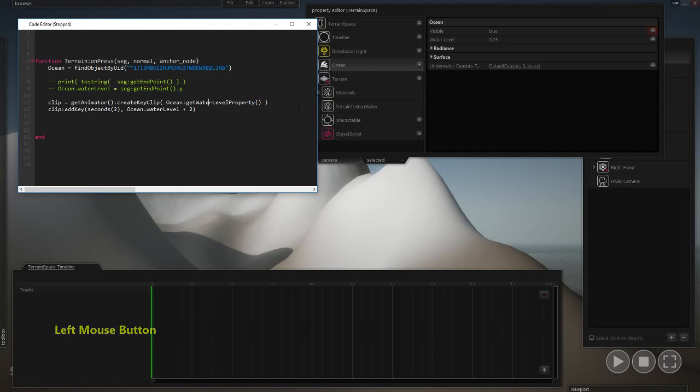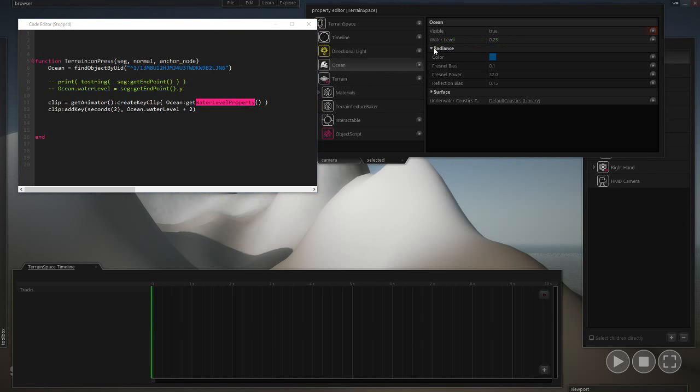It might be a little confusing at first, but as long as it's any property other than a transform property, you can basically write the following. Instead of ocean dot water level, you would say ocean colon lowercase g and then uppercase W, uppercase each word after that. So the g will be lowercase and everything after that will be uppercase. So as an example, I could say ocean